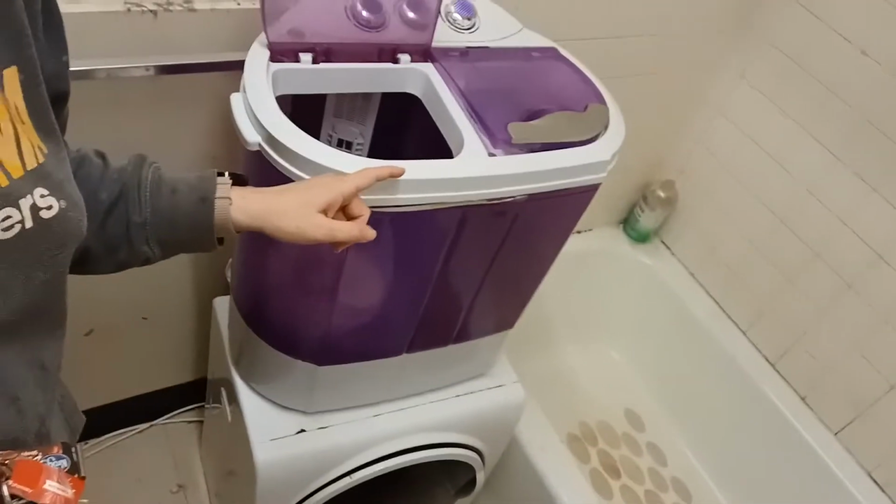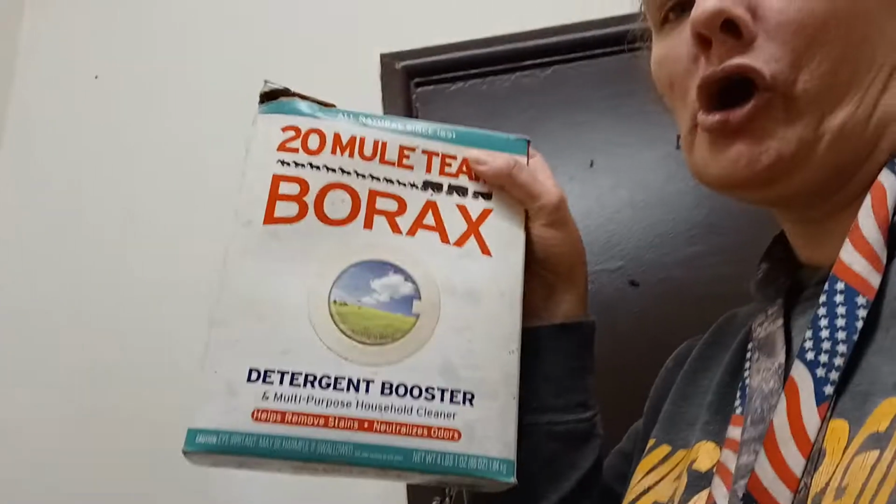Okay, so this is going to be a combination of my six-year-old carpet twin washer. One part washes, the other part spin dries. Basically, it spins all the water out. And a laundry borax